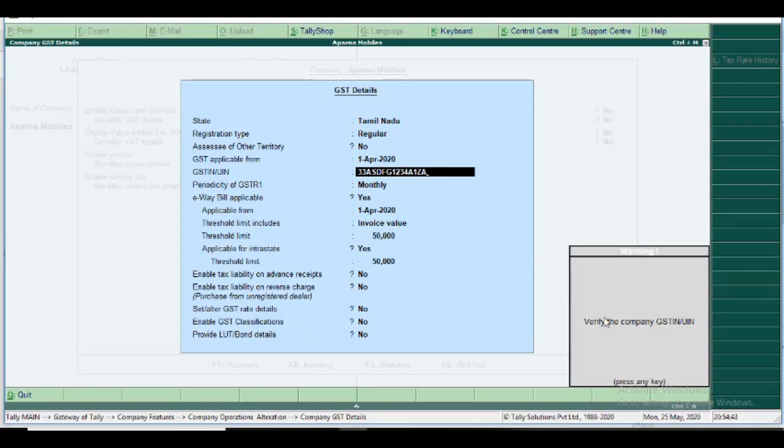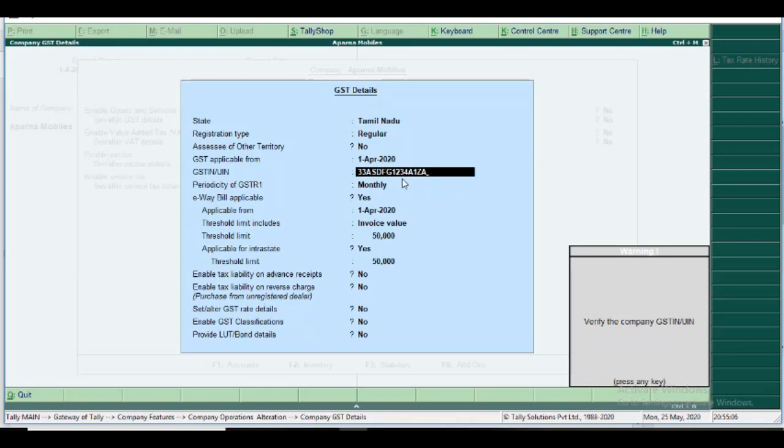Tally is connected online and is also original software. It easily finds out from the checksum digit, because the checksum digit verifies whether the number is dummy or original. It says verify the company GST number if there is an error.